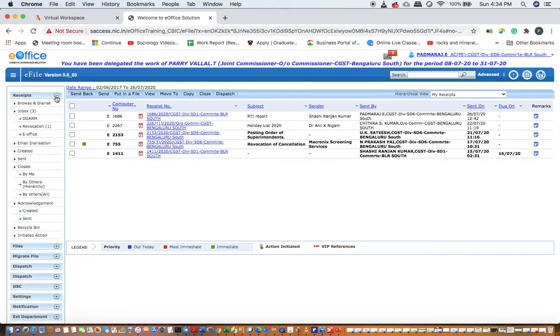Now that particular letter that has come to the assistant commissioner is scanned and the soft copy is kept in the desktop of the CRU officer in the CRU section. Now let's see what the CRU officer will do.